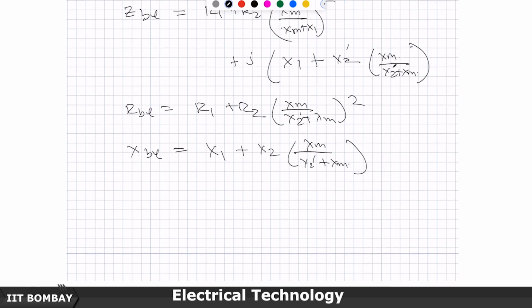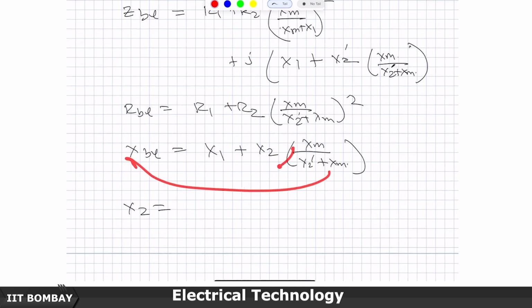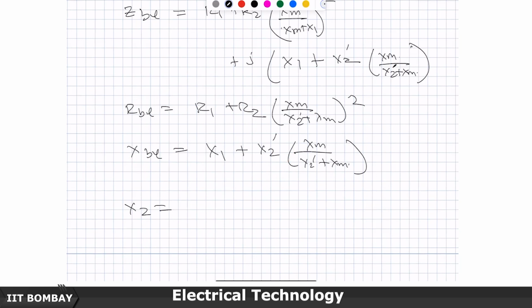Now, here again you can see that I can therefore write x2' as follows. From here I can write x2' as x_BL. I will transfer this to this side, bring this here and bring it down here. So, I can write x2' as x_BL minus x1 divided by x_m, divided by x_m plus x1 minus